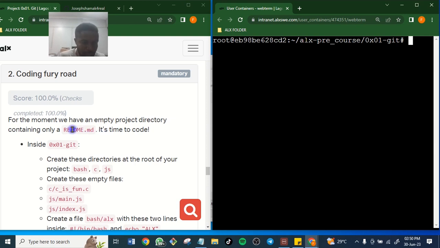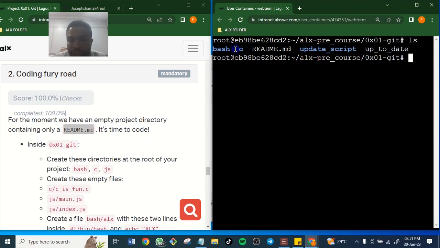That means inside this directory we have only this. Hope you get the scope. How do we check again to see what is inside? Just say ls. You can see what is inside. These were things I've done before, so I don't want you to see all this. Let's assume that you're just doing this project, you will not have all these documents in it. What you are expected to have is just this readme.md. So let's go.